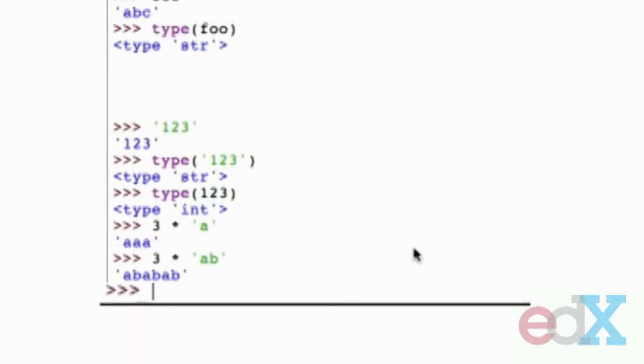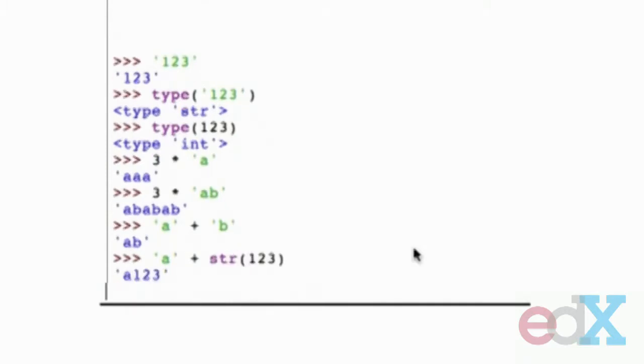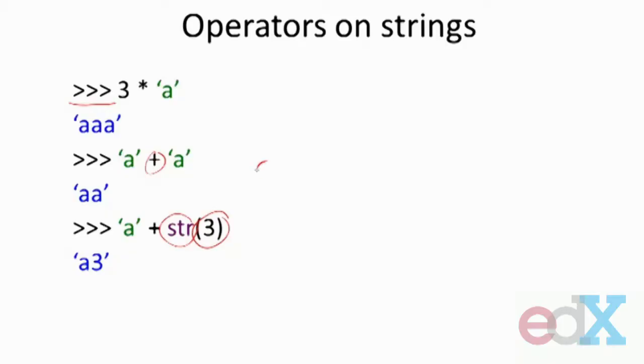We can put 2 strings together using addition, which gives us this concatenated string of A and B. And we can, of course, also concatenate together strings if we wanted to make sure that they are converted into strings. So we could take a number, convert it to a string, and concatenate that together to give us the string A123. These are just different ways of dealing with strings and putting them together. It seems a little odd that we're using operators that don't normally deal with numbers, and this is an instance of what we call operator overloading,